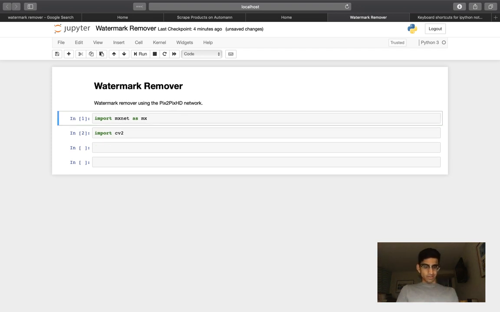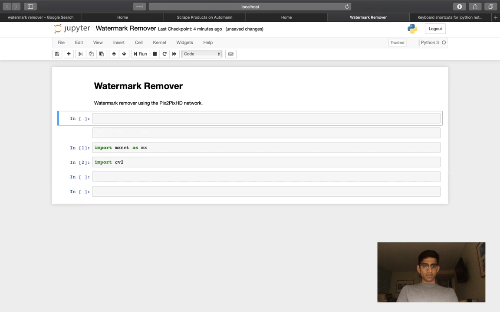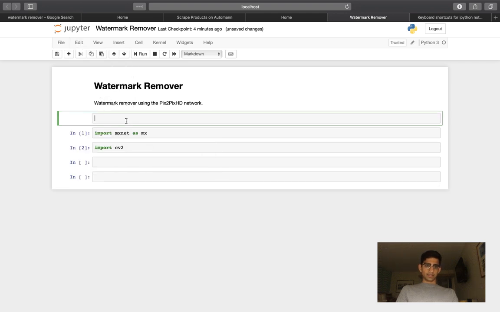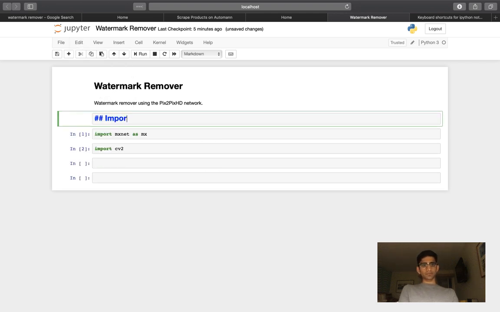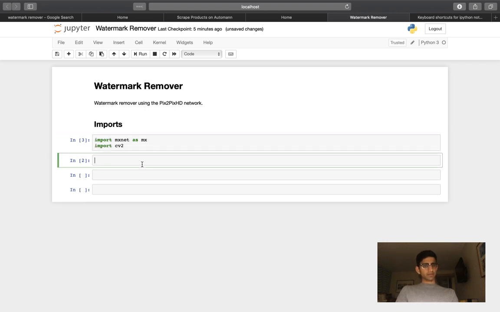Okay, so we want to have a subsection for imports. How do I edit a cell? Delete cells. All right. Okay. And we should probably merge these cells together because these are all imports. The next step will probably be